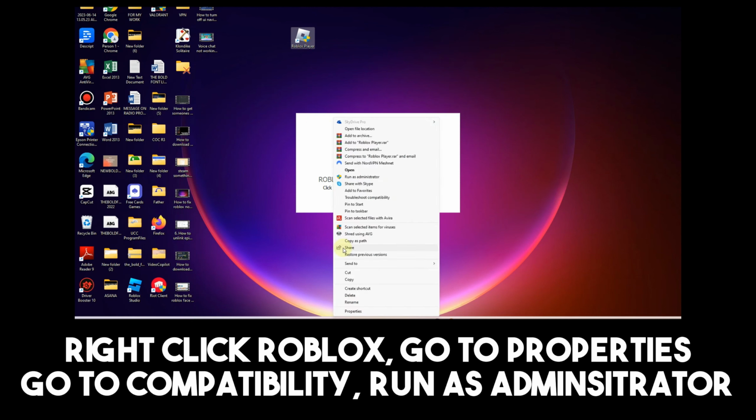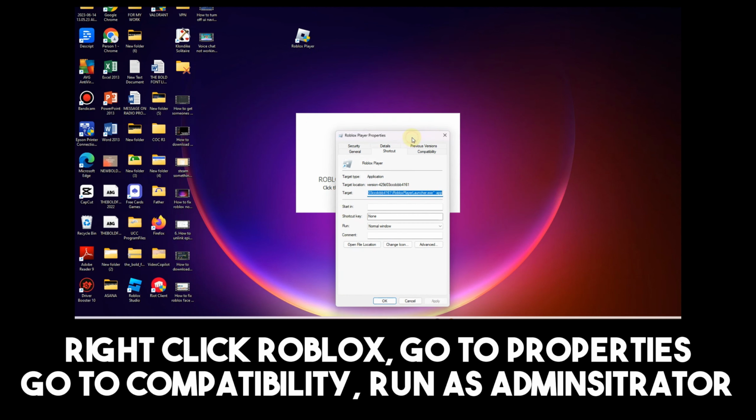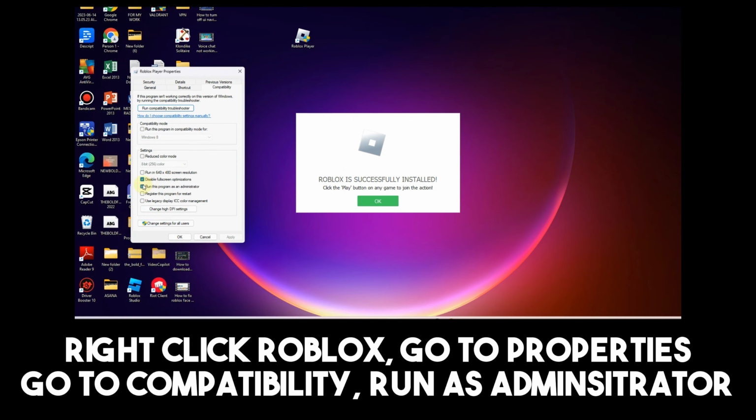And then once you click properties, you just have to look for compatibility and make sure that you check this run as administrator and this display full screen